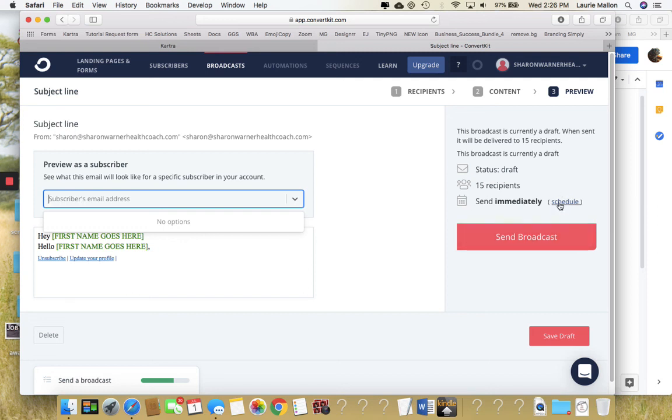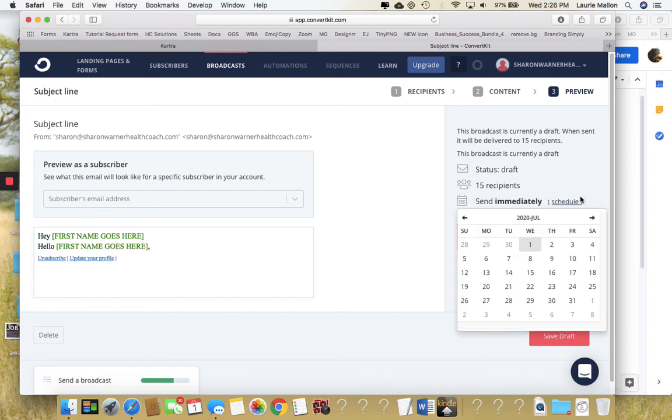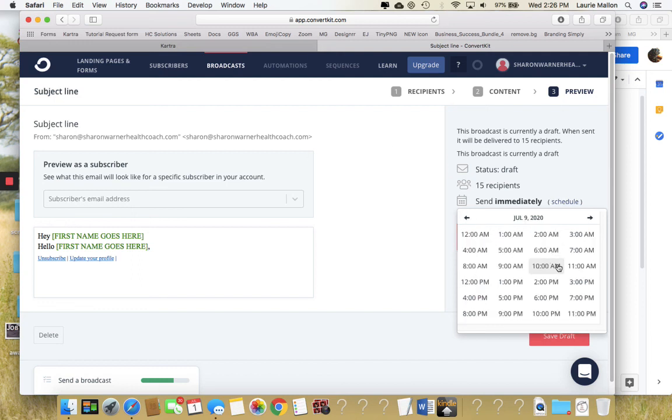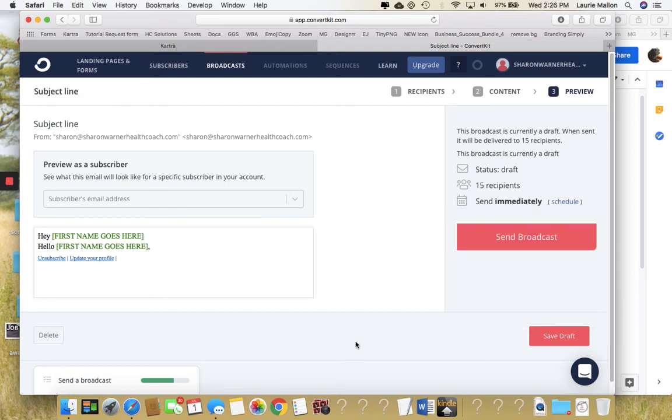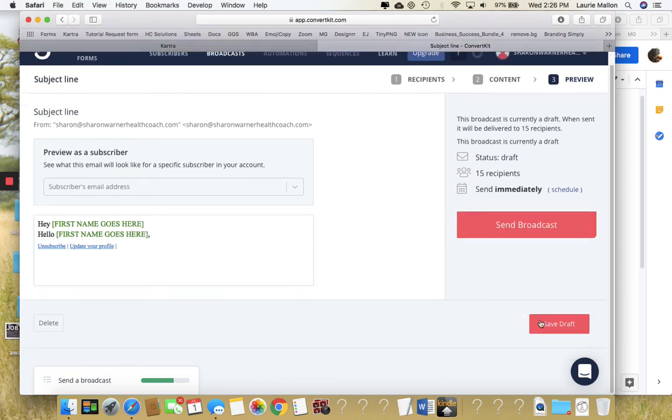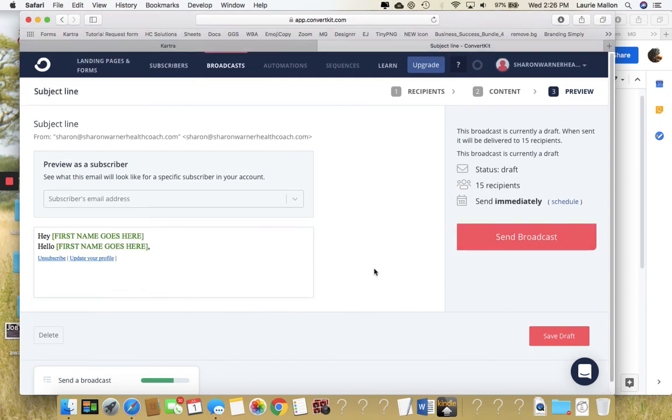Now if you wanted to schedule it ahead of time, you could click the schedule button, select a date, and choose a time. If you want to save it as a draft, you could click this button, and when you're ready to send it, you could hit send. And that is how you send a broadcast inside